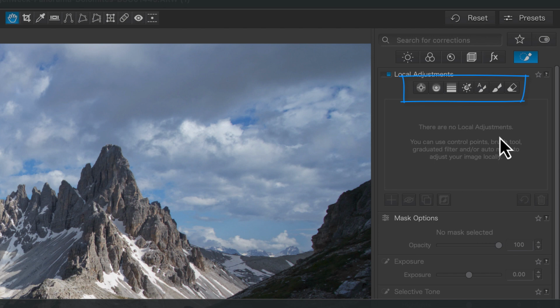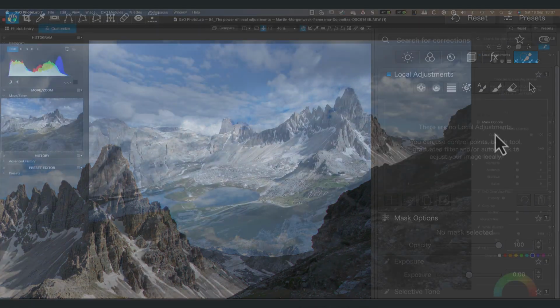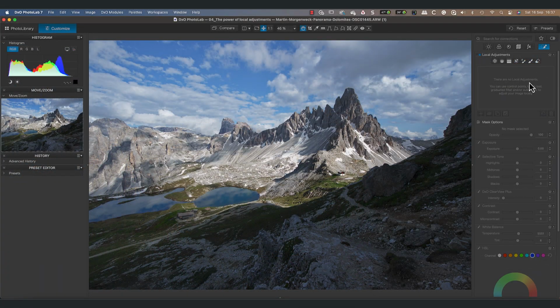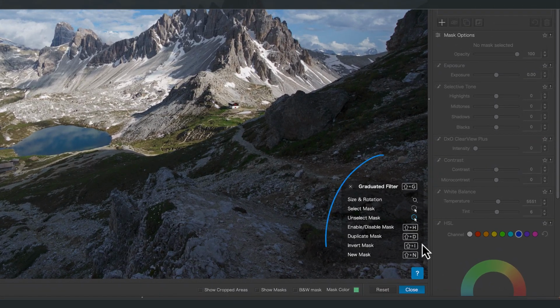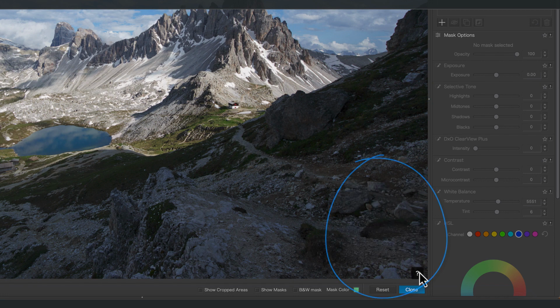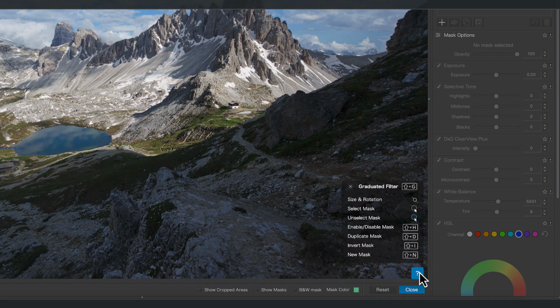At the top we see the icons for 7 tools, although the luminosity mask is only available when you have FilmPack 7 installed. These tools are used to select areas of the image so we can adjust them. When I click the graduated filter icon, it enables the tools and a pop-up help panel appears. You can toggle the panel off and on by clicking the question mark icon.